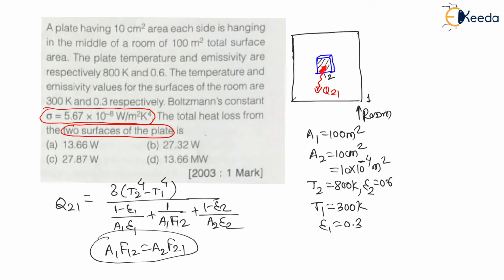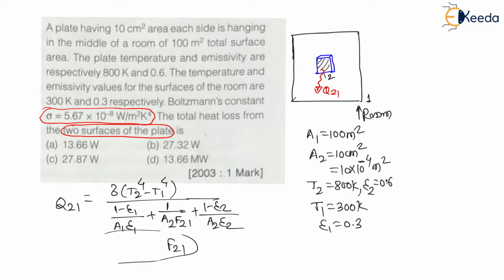And this F2 to 1 from plate to room, it is a flat surface, therefore F2 to 2 will be 0, therefore F2 to 1 will be equal to 1. Now instead of area 1 F1 to 2, I am going to write area 2 F2 to 1. So let us do a simplification here, it is for quick result only. Because it is simple to calculate F2 to 1, therefore here area 2 F2 to 1. To calculate F1 to 2, F2 to 1 anyhow we have to calculate, therefore we are calculating F2 to 1 first, so that our few steps will be reduced.